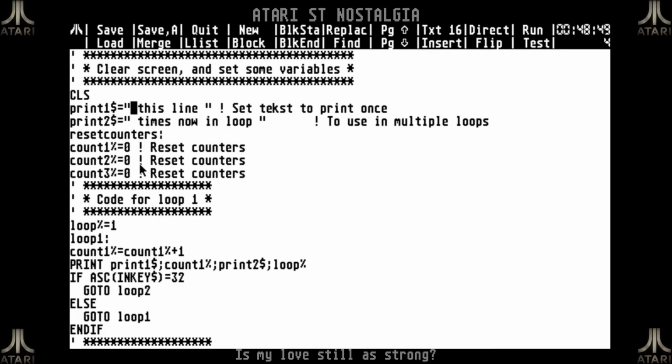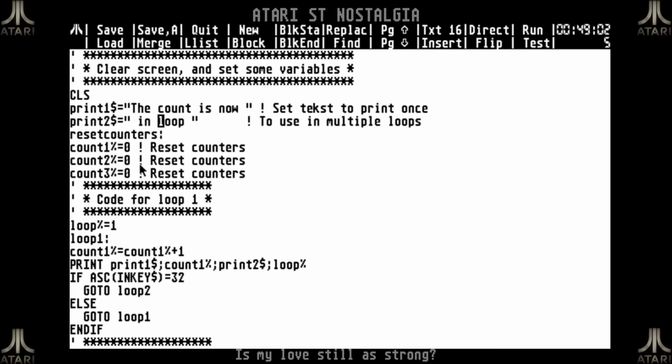and I will actually change the text because the count is now in loop number. So I changed the text because I will actually change part of the code, and the text will be grammatically incorrect if I don't change it like this. So what I do, I made 2 string variables, the count is now and in loop number, because I use a print command and I use it several times in the code, so I only have to type this text